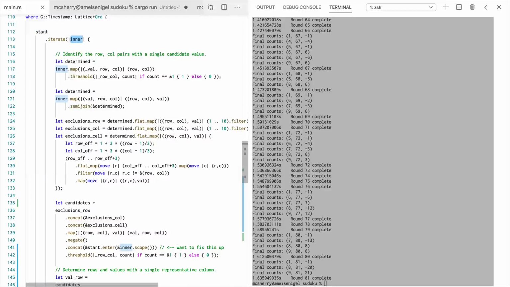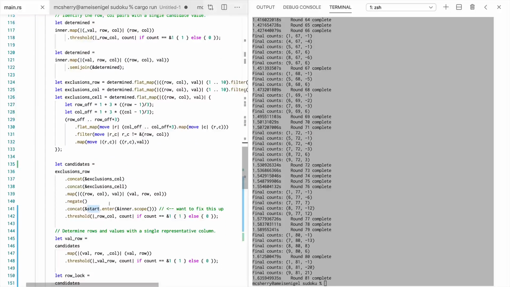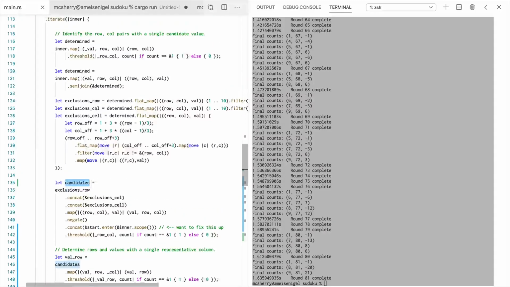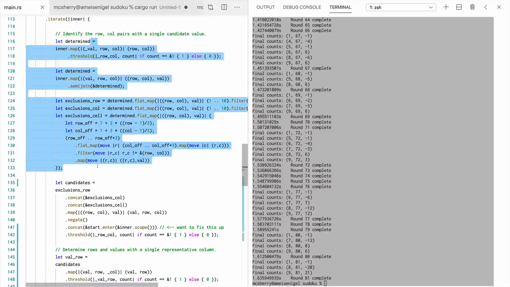If a location is locked down, if it's uniquely determined, it's just whatever it was in the original collection. So what that means, unfortunately, is this candidates thing is going to reflect only whatever we can learn about determined locations